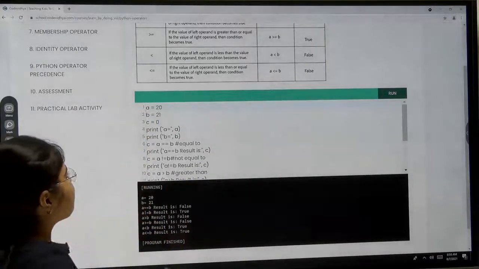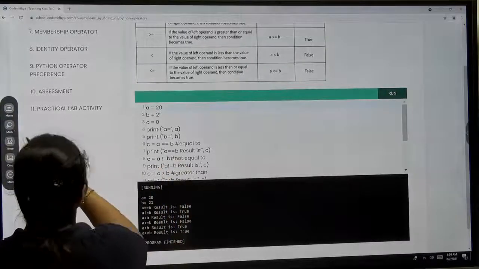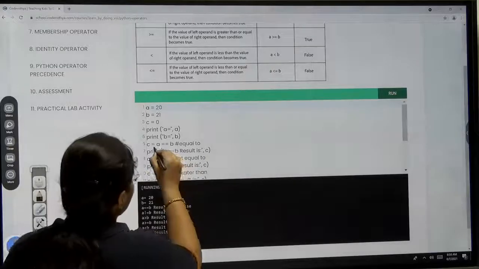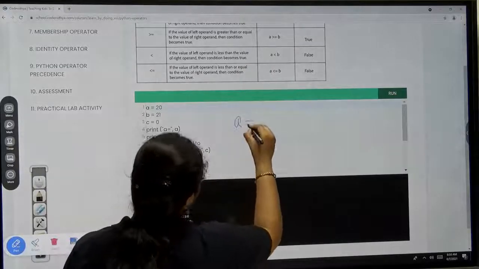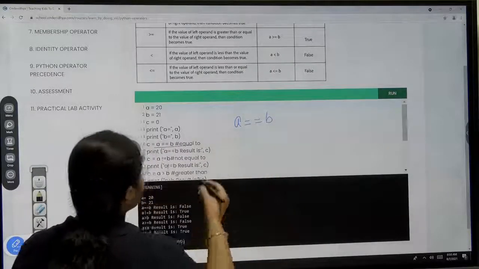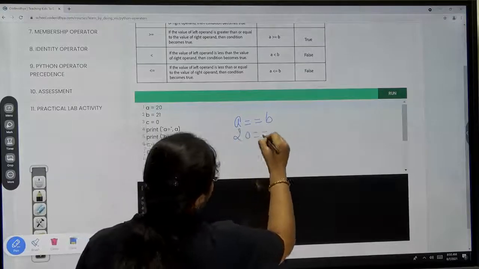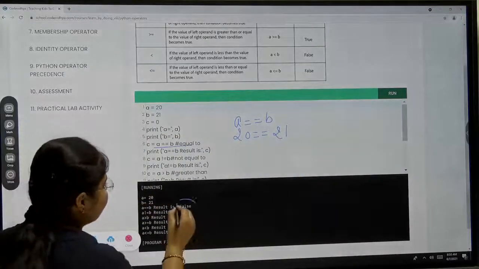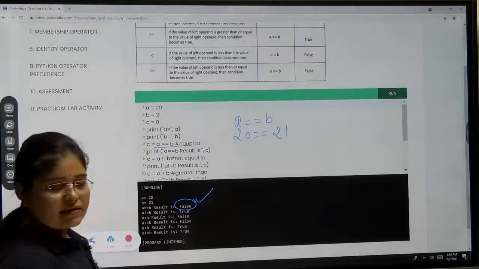Now the first comparison we have done here is A equal to B. So we have 20 equal to 21. That is false. So in the first statement the result will be false, as you can see here.